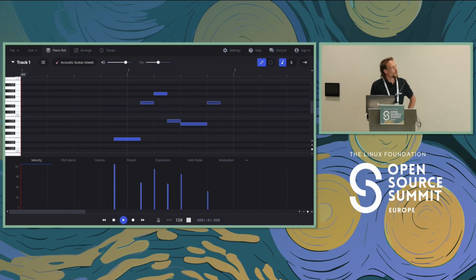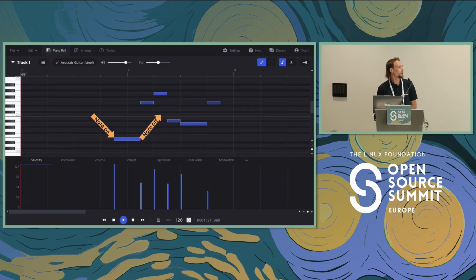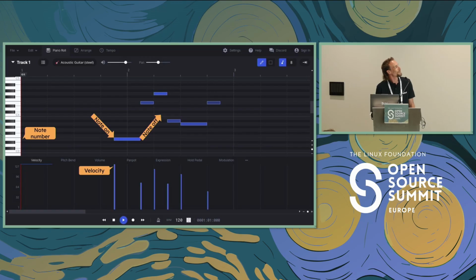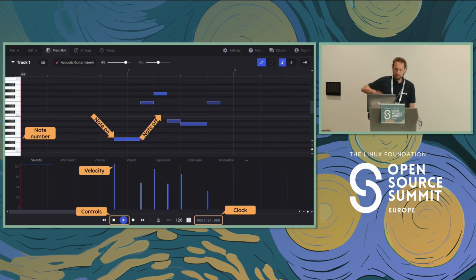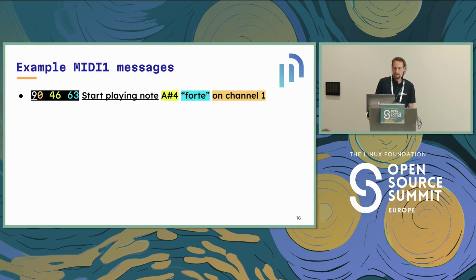If you look at a MIDI sequencer, you may recognize these kinds of shapes. You see the notes, and as I said, you have note on when the note starts and note off when the note ends, logically. Then you have the note number, which is represented on the keyboard on the left, and then the velocity on the scale below. And again, you have the controls. You can send play and stop from your MIDI controller, or the clock, which can be seen here in the lower right corner. An example MIDI message, like start playing a note, is 90, 46, 63, which means that, okay,